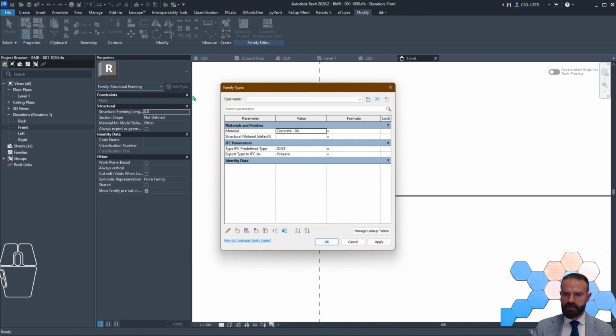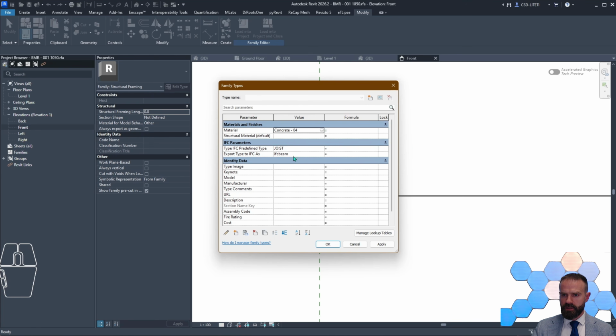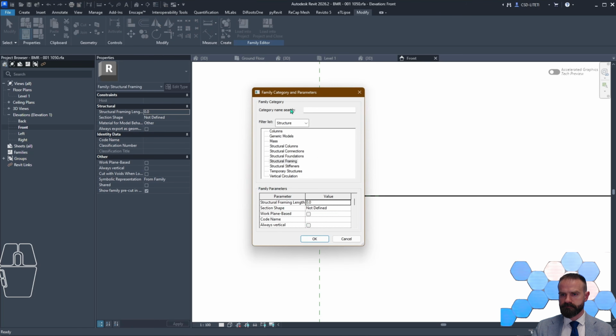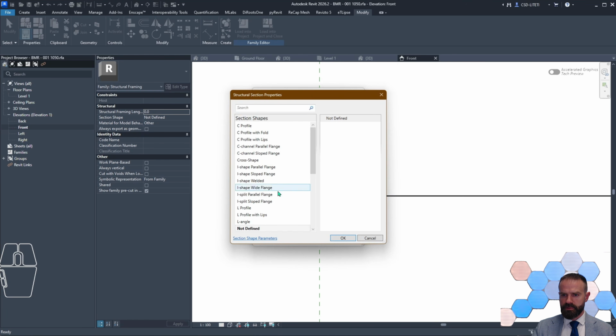And if I select parameters here, so okay, material, I can change material, and the type, family category is structure framing, shape type is not set. If I change it to rectangle,